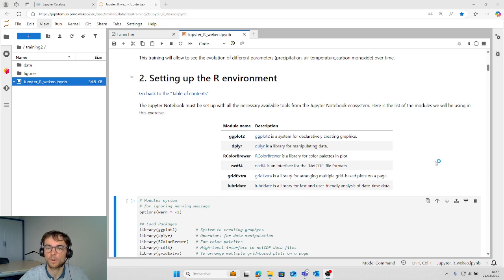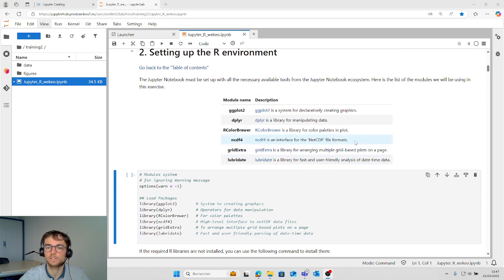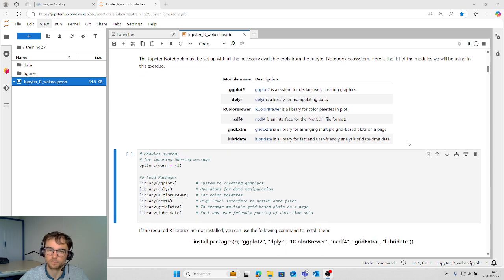RColorBrewer, for the color palettes in plots. NetCDF4, an interface to use the NetCDF format. Patchwork, a library for arranging multiple plots on the page. And Lubridate, a library to use date-time data.